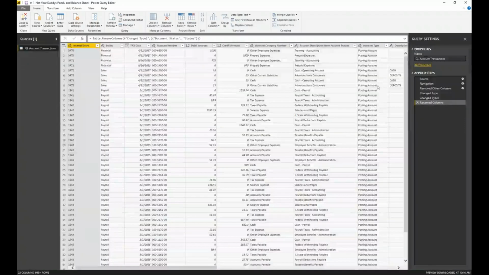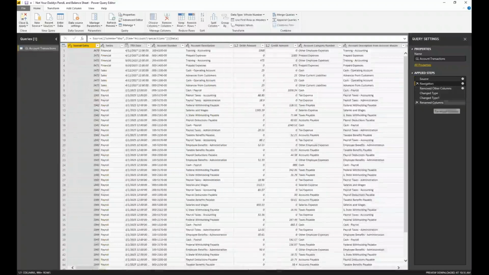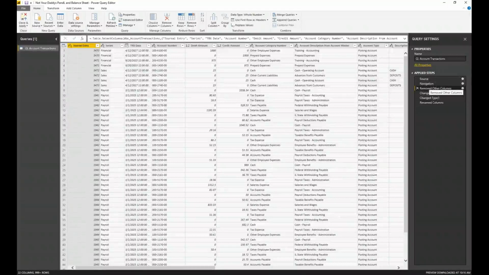And here's my Query Editor because there's a couple things that I want to point out to you. So first of all, in this particular case, you can see the source that you connected to. In this case, I'm connected to GP, and this one I did through SQL. I also have a version of this where I go in through Power GP Online. Same thing, I'm accessing a view that Microsoft creates for us called account transactions. And I'm doing a little bit of cleanup on the account transactions.